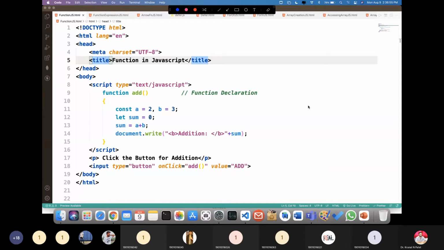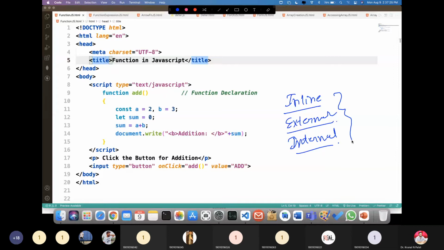Whatever operators you have learned in C++ and Java are all available here. After that, we discussed how you can embed JavaScript into the HTML page. In that, we discussed inline, external, and internal.